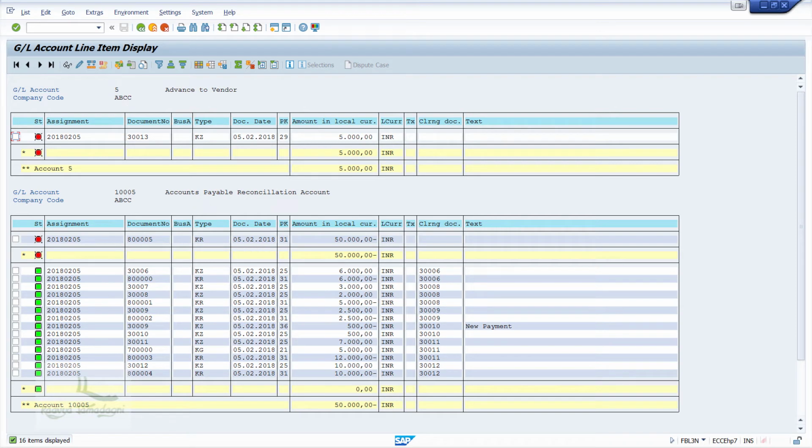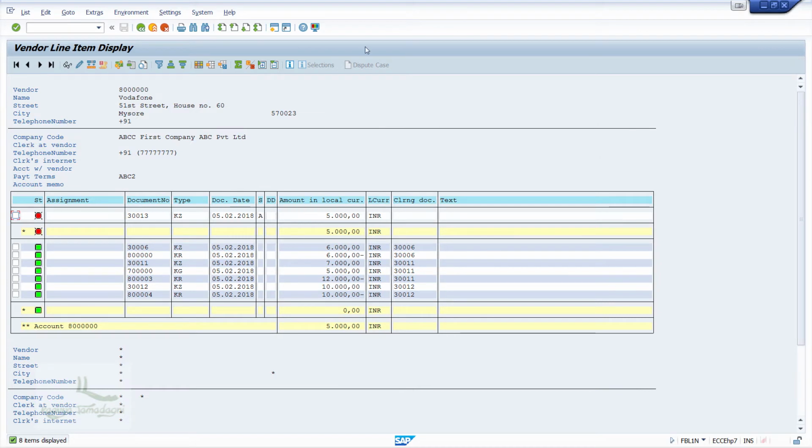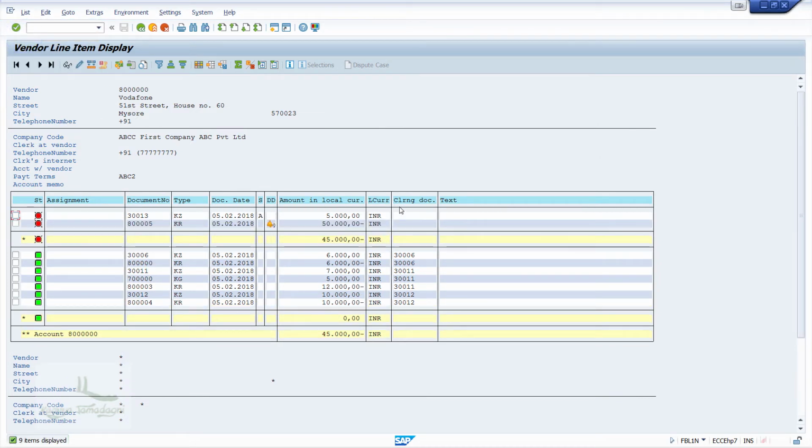Now, I'll just switch back to the FBL1N screen, wherein I'll go to list and click on refresh. Yes, we can also observe here as well, that is the new invoice posting of 50,000. Got it? Great. So the next activity is to transfer the special GL posting to normal GL.